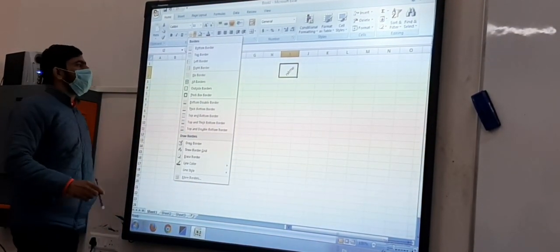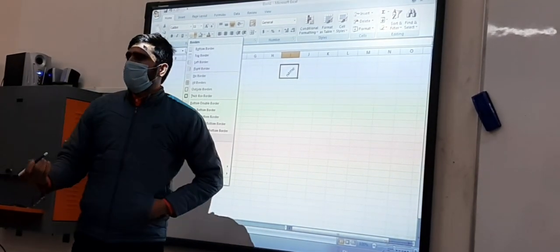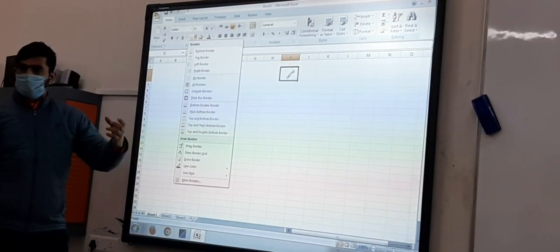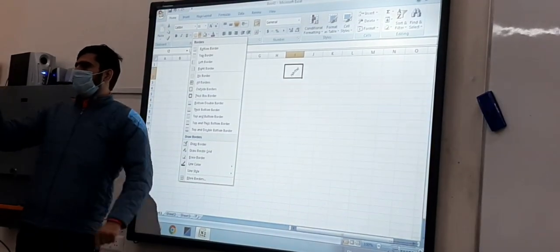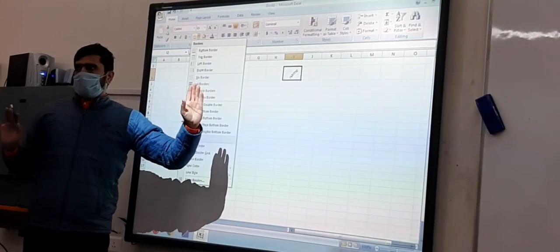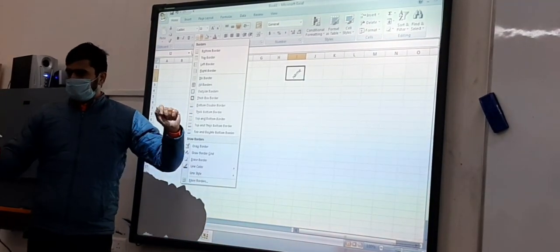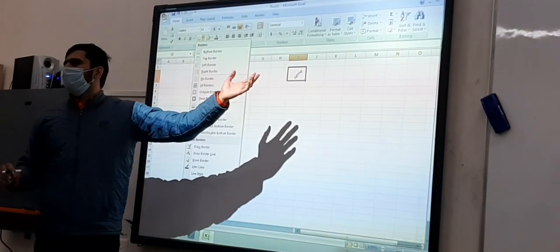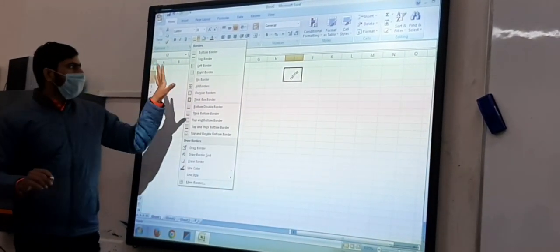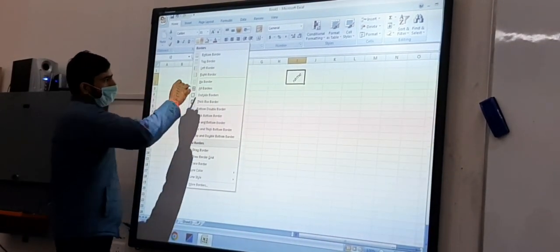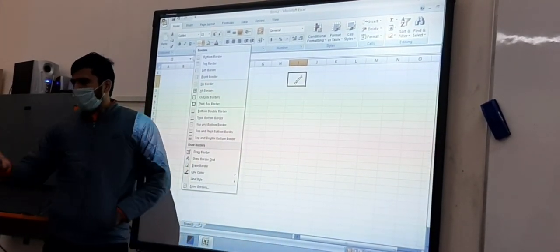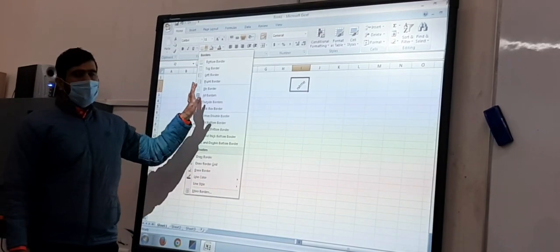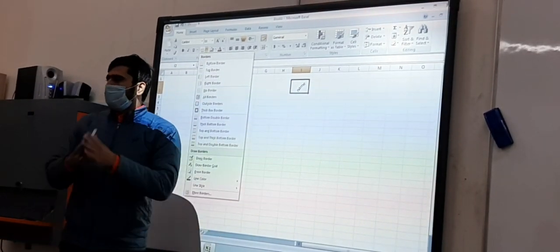Understand? Now the next thing is no border. Suppose you have mistakenly added a border to that cell. How can we erase that? Because the options are not here to erase these things. In MS Word you can find an eraser option. But here we can do it only here. So you just click on no border. Select the particular area where you don't want any border on that cell, and then click on no border and you will see the border will be removed.